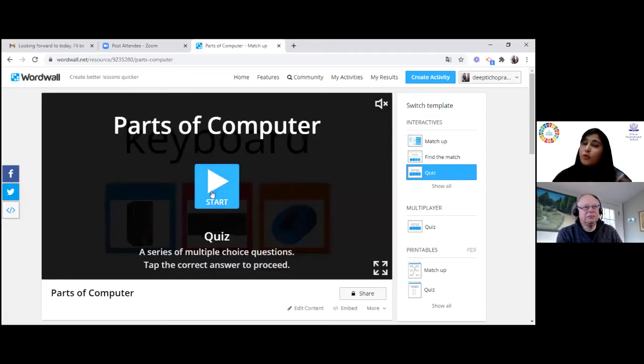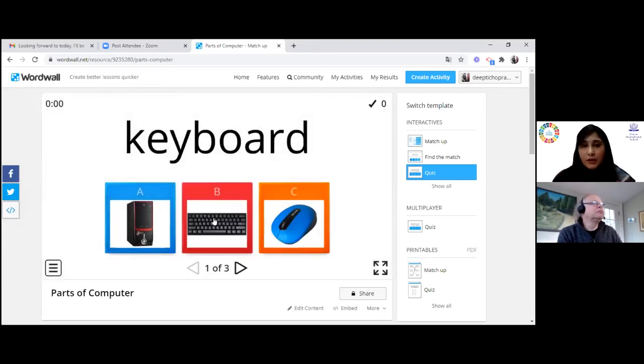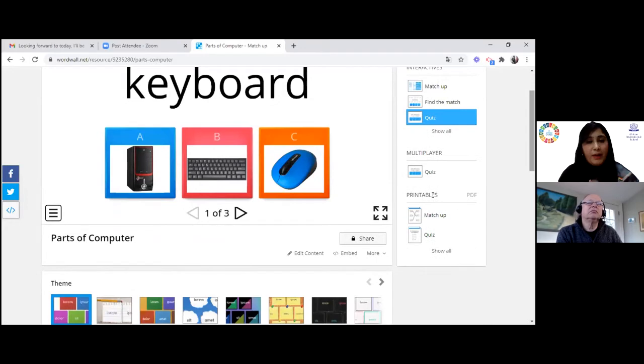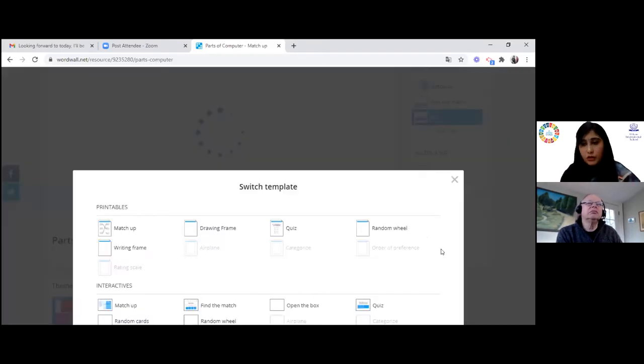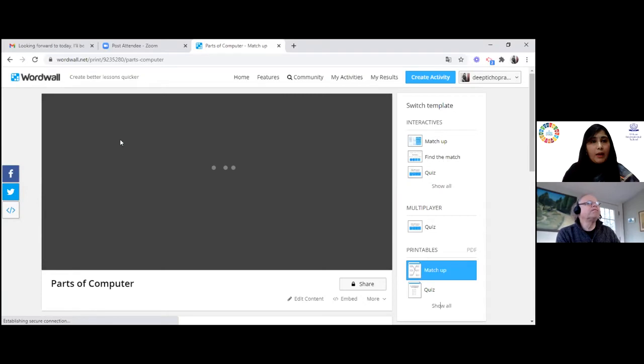Now see, in a quiz form, they can play it this way. Keyboard is the word, they have to click the correct picture. So this is how the same game can be played in different templates, different ways. Great. So now, once they have played the game, here is the printable option. I'll show you how you can take the printout of the same game. Printable option is matchup. If I want to take a matchup printout of this activity,